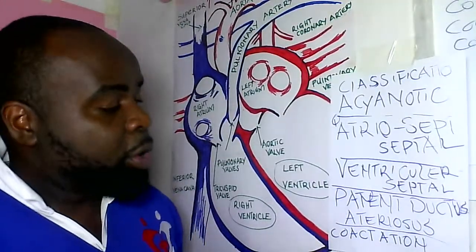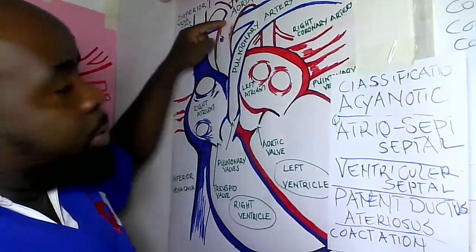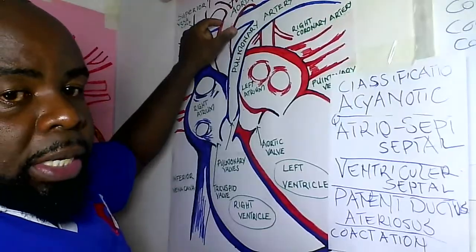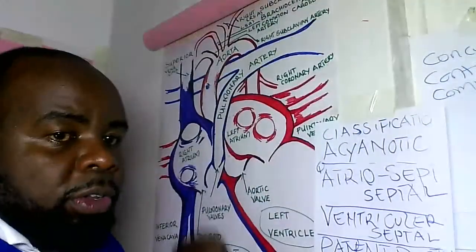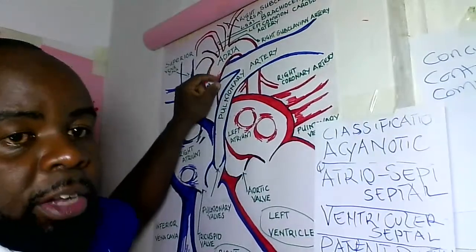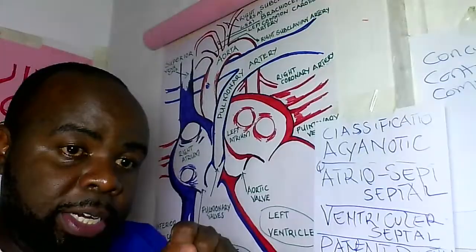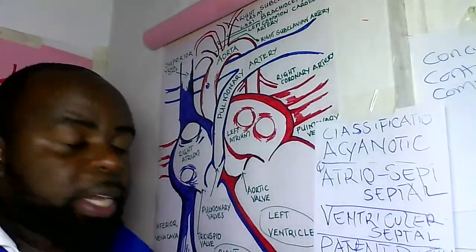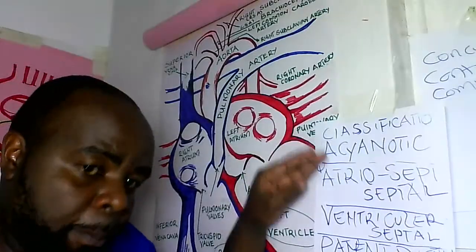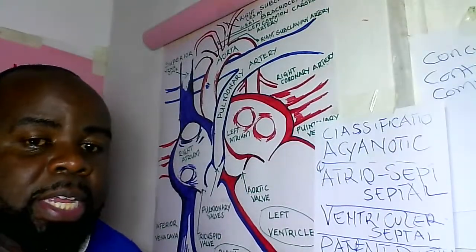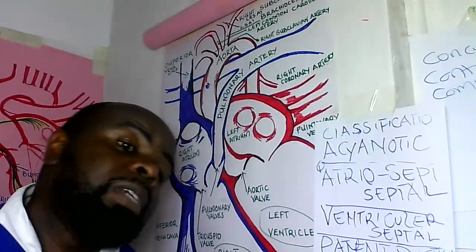And then we have coarctation of the aorta. Coarctation of the aorta means constriction of this aorta. It becomes smaller. You get it? So we have several complications here, one, two, three, four. These complications that I'm naming here mean that